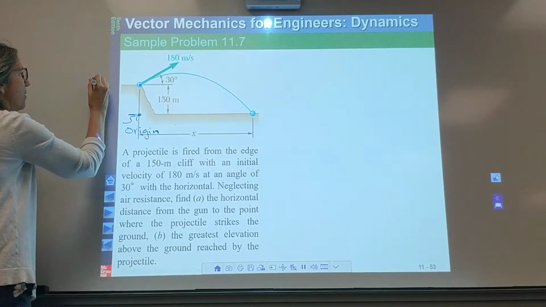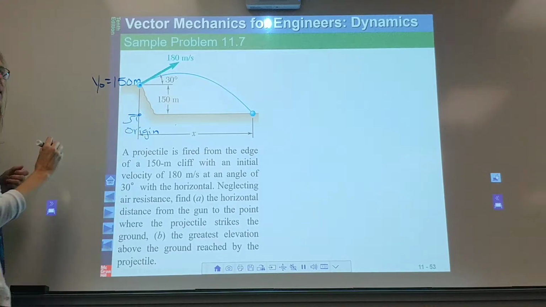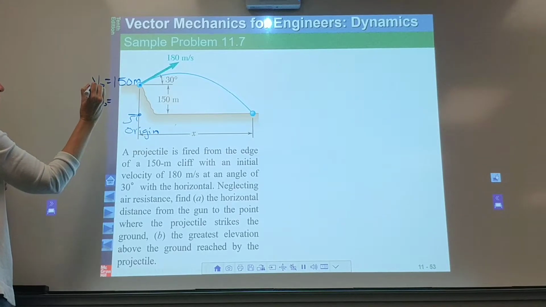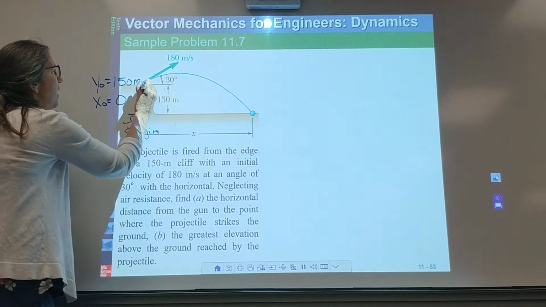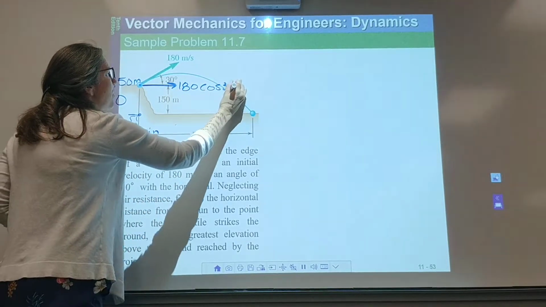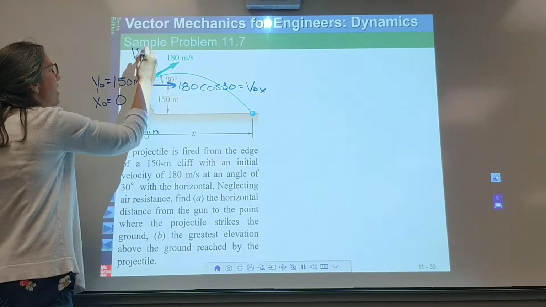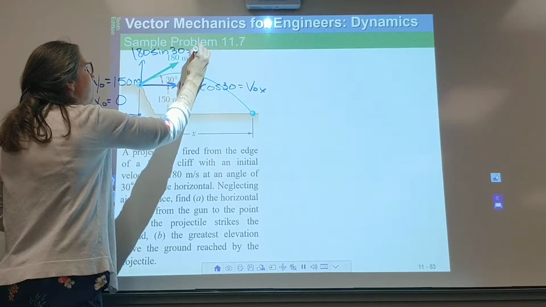Okay, so this is our y naught would be 150. So that would be one thing that we would know. Our initial position would be equal to 0. And then the 180 we have to split into its x and y components by just taking the trig there. So then 180 cosine of 30 would be our p naught x, and the 180 sine of 30 would be our p naught